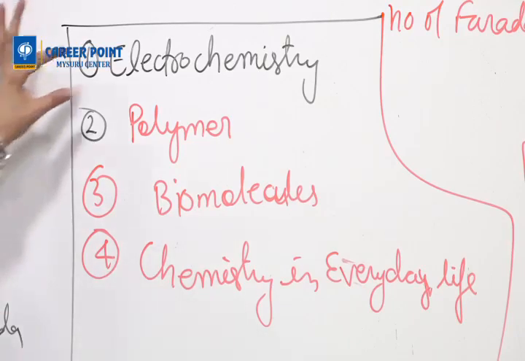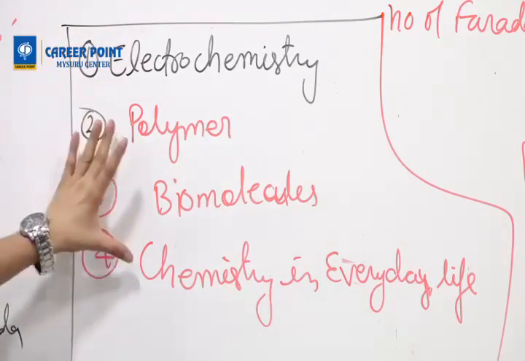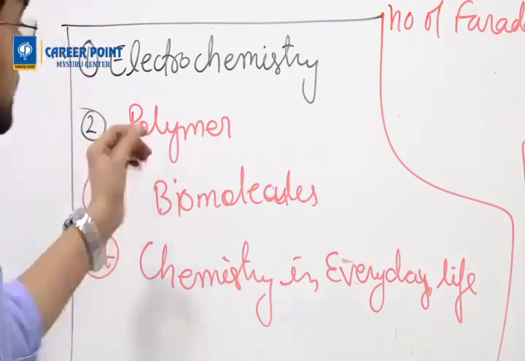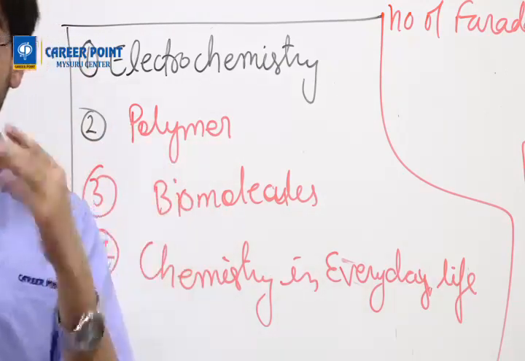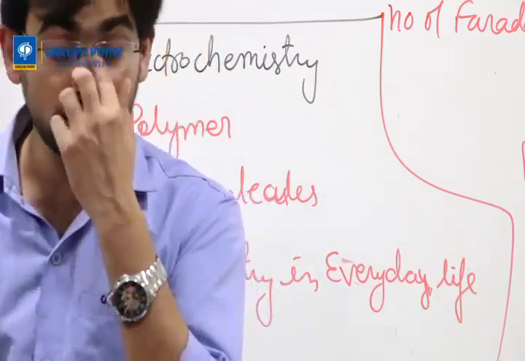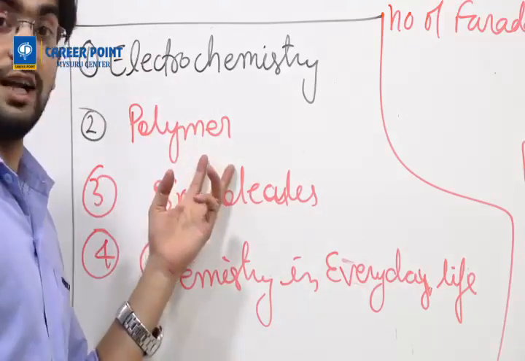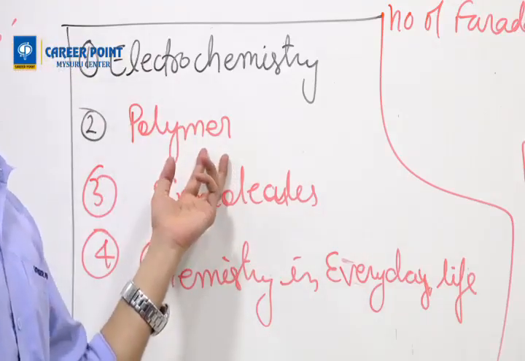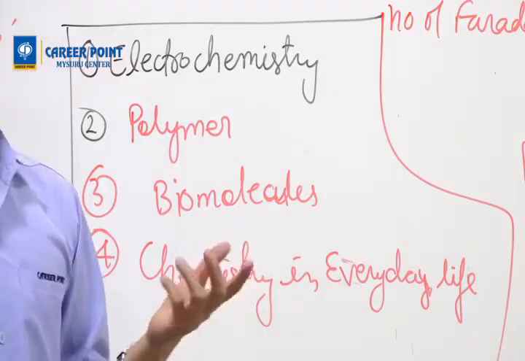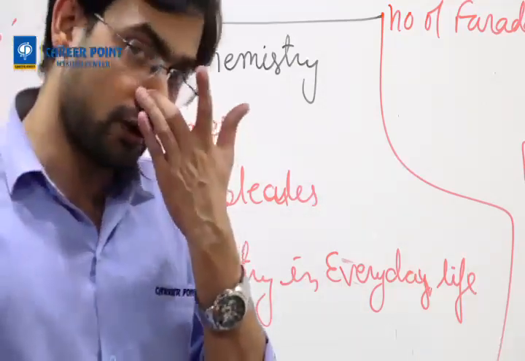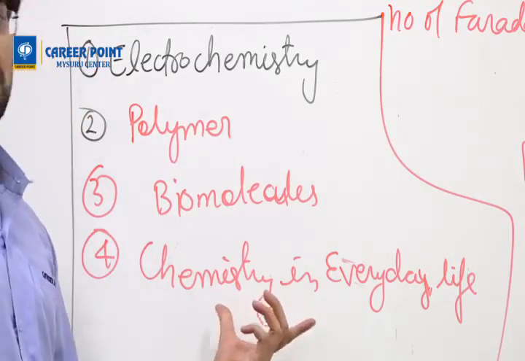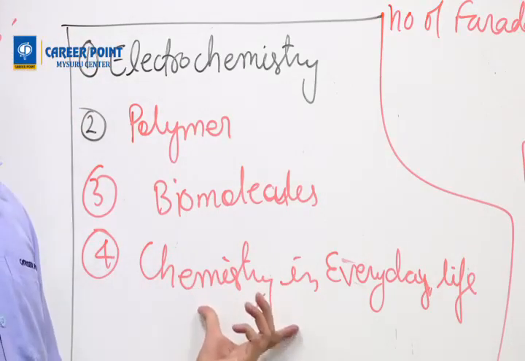First chapter electrochemistry, which I taught, okay? These 3 chapters you read from NCERT and try to memorize them. In the polymer chapter you will have monomers, so you have to memorize monomers. Try to make a table. Then addition polymerization and condensation polymerization, 2 polymerizations are there. In biomolecules, there are carbohydrate, glucose, fructose structures. Chemistry in everyday life is a very, very important chapter for day-to-day perspective also.